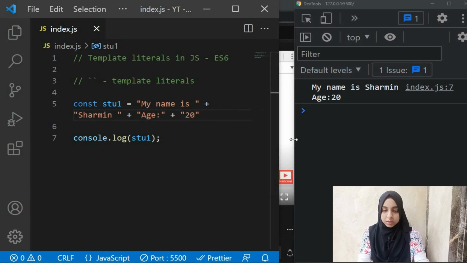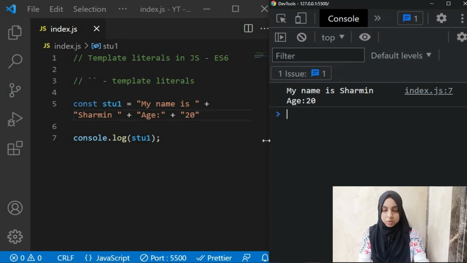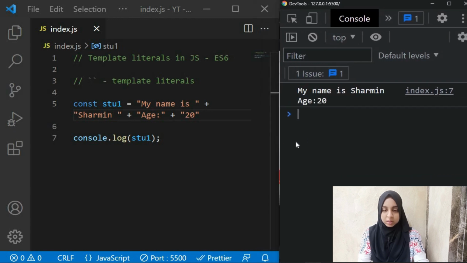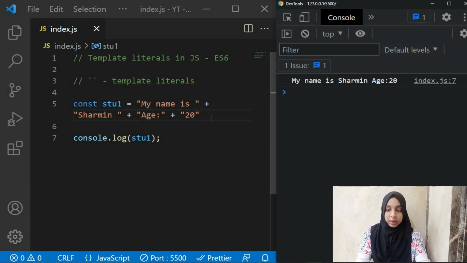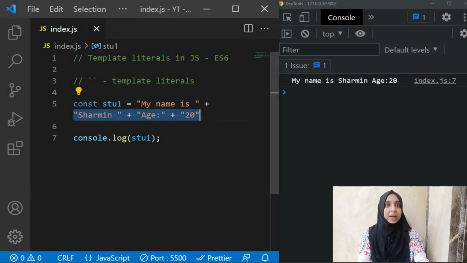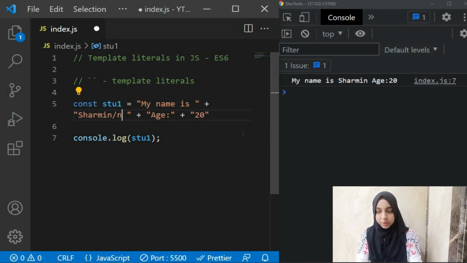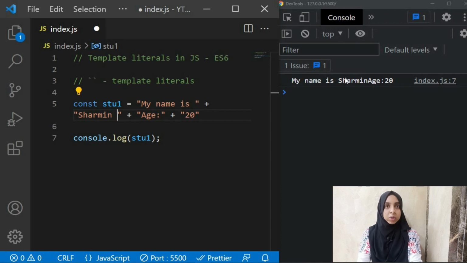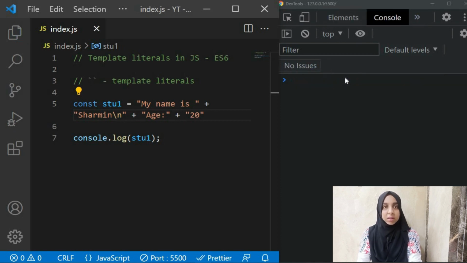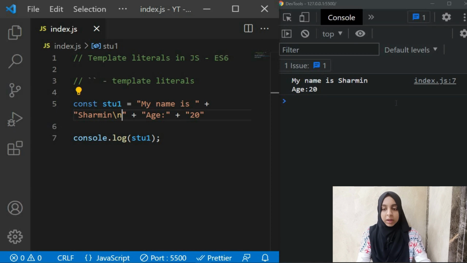So let's keep this a bit larger so that you can see what exactly is happening, or let's zoom out a little bit. Okay, so can you see it's in one line, right? Even though we have written it in the second line, it's in the same line, right? And now, for example, if we want age 20 to be on the next line, we need to give an escape character over here, that is \n. Can you see now it goes to the next line, right? When we didn't have \n, it was not going to this next line, right? This is the escape character that we use to send our strings to the next line.